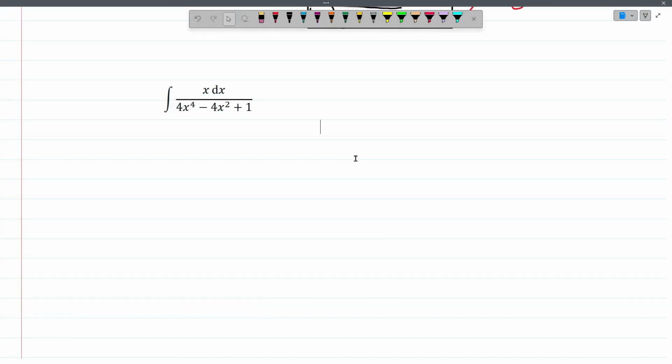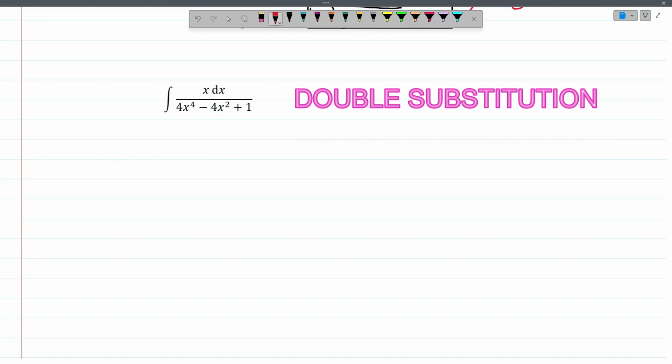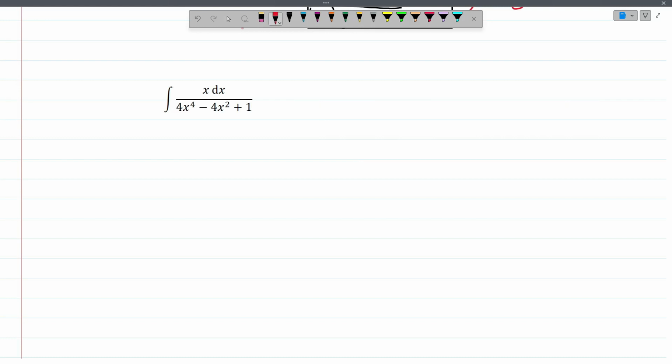This next example is actually a difficult problem as it will involve double substitution. Now, notice that the difference between the highest degree in our numerator and our denominator is not 1. What this means is that I cannot treat the denominator as my u, because I'll show you that if